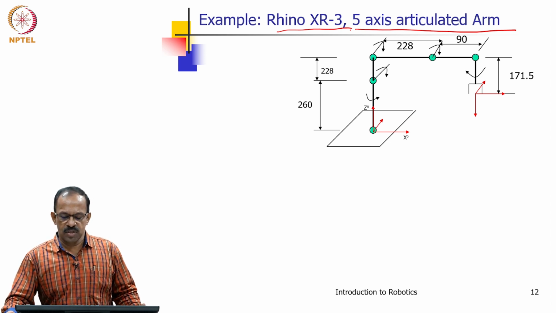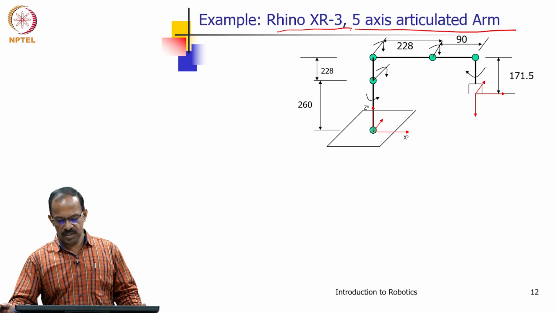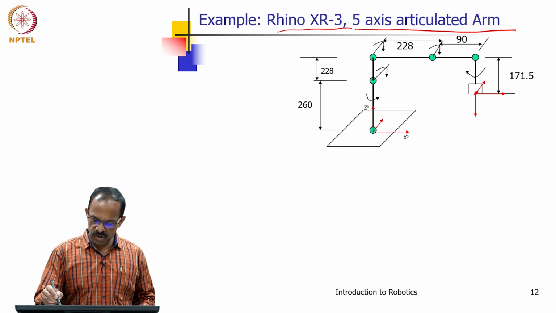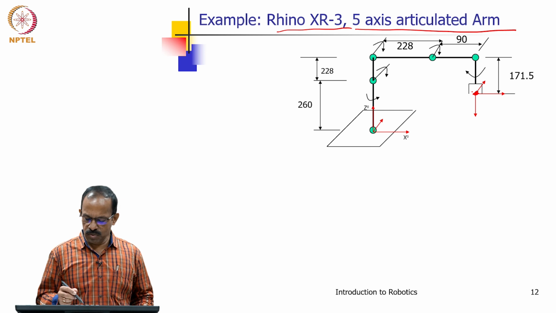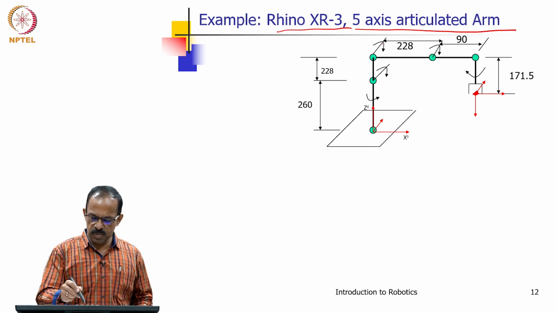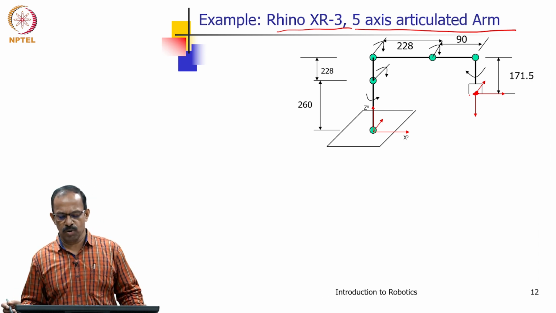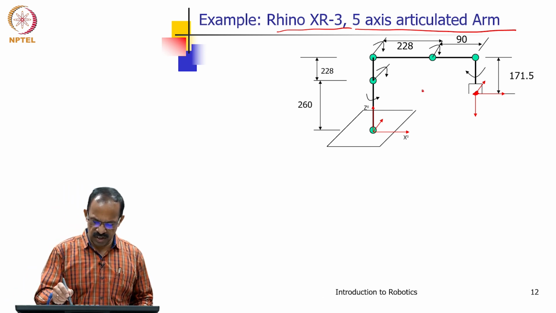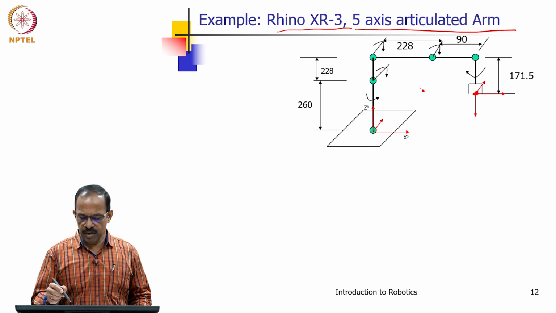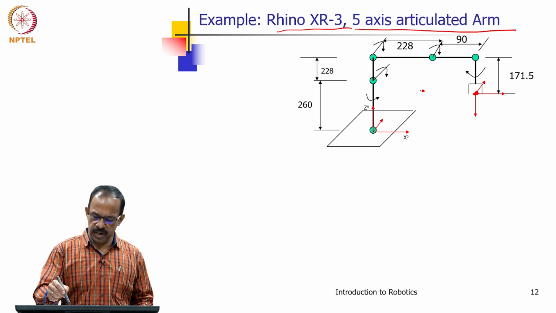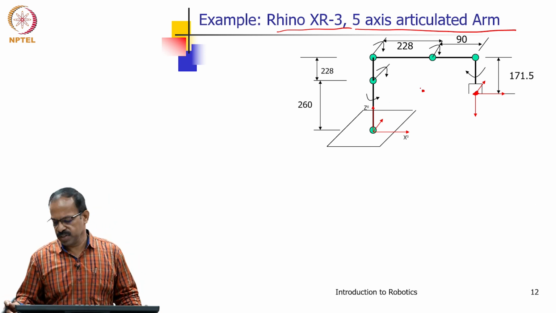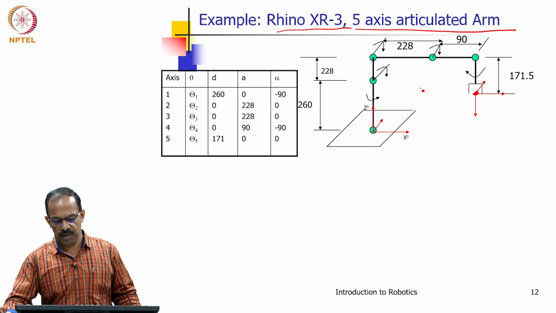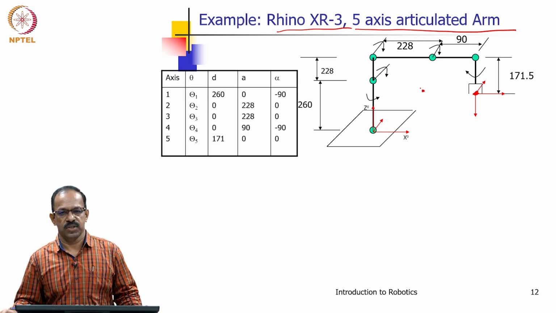Now we have to solve this for its inverse kinematics, that is, if I know this position, I want to find out what should be the joint angles to make this tool point reach this position, or whatever may be the position. I give this as Px, Py, Pz. I want to know what should be the joint angles to reach this position. So, that is the problem here to be solved.